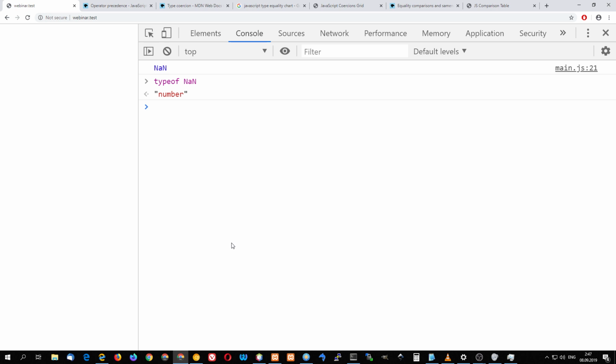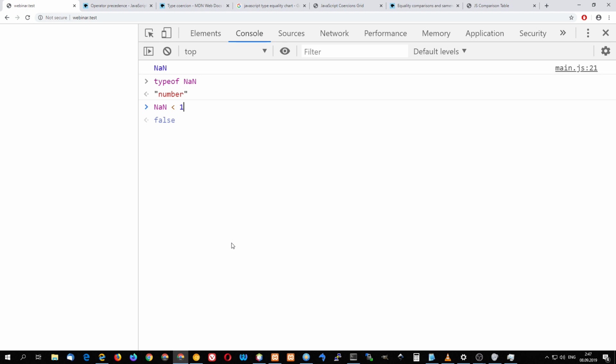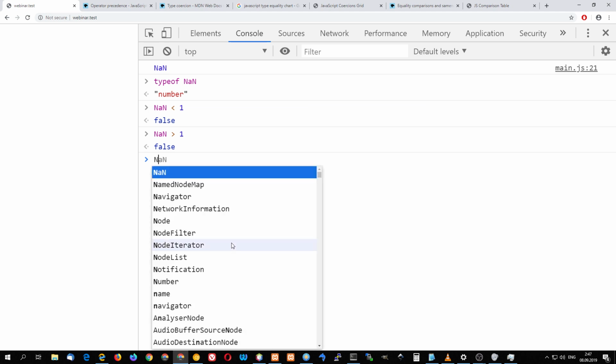So what does it mean? Both of those are false, because NaN cannot be ordered. And because it cannot be ordered,